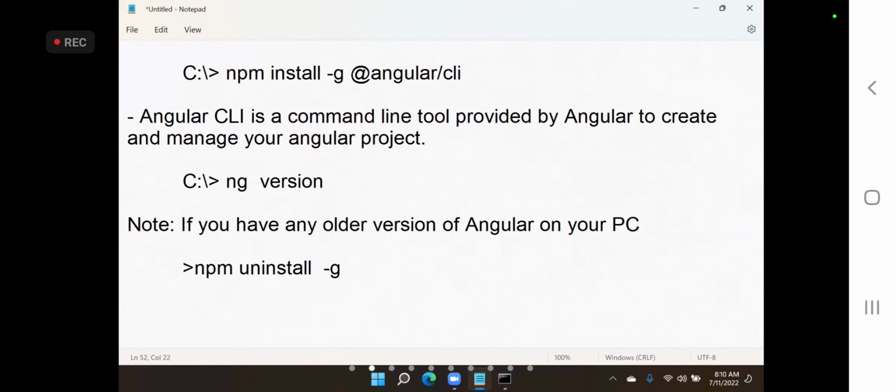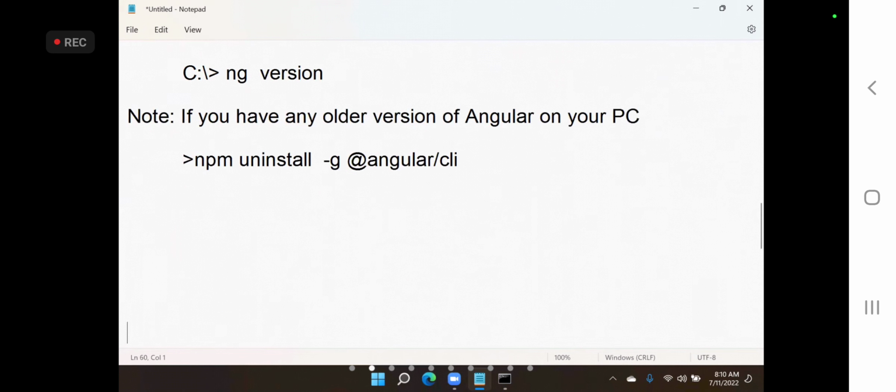npm uninstall globally @angular/cli. You have to uninstall Angular CLI. It will completely uninstall Angular CLI. After that, what you have to do is